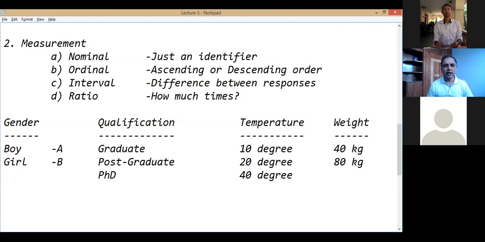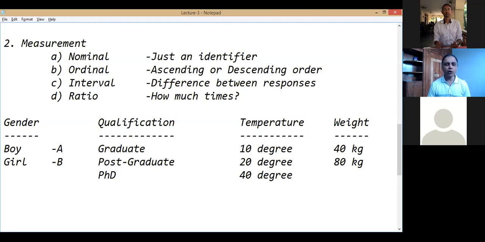Can I say A is more than B? Does it make sense? A is more than B. Naturally, you will ask, more in what terms? Are you talking in terms of salary? Are you talking in terms of marks or weight or height? In what context are you asking? But I say, no, no, there is no context. Simply tell me whether A is more than B or B is more than A. So you will say it's a meaningless thing. It doesn't make any sense. How can a boy be more than a girl without any context?